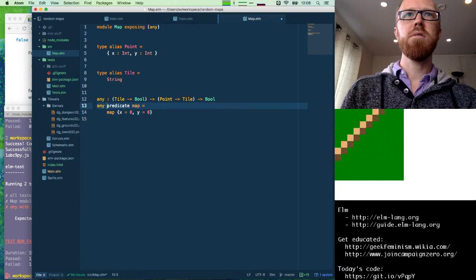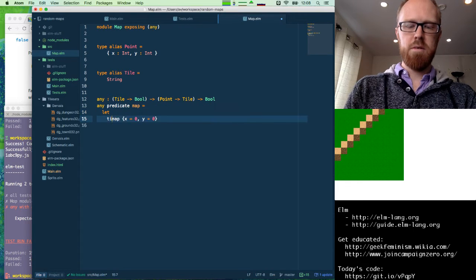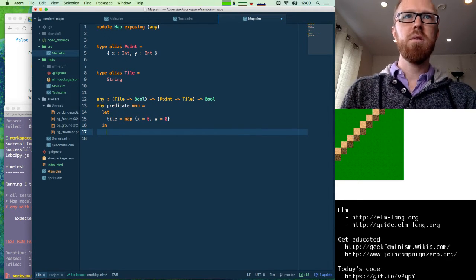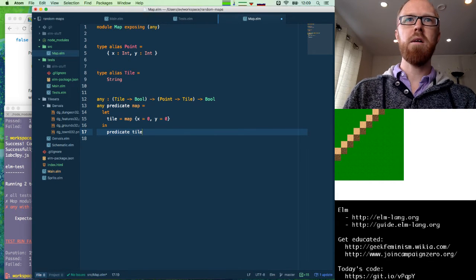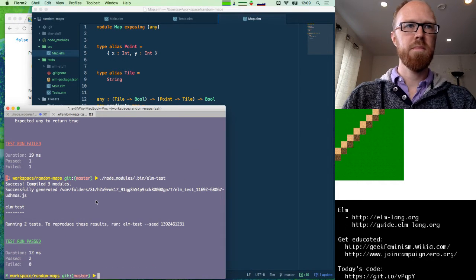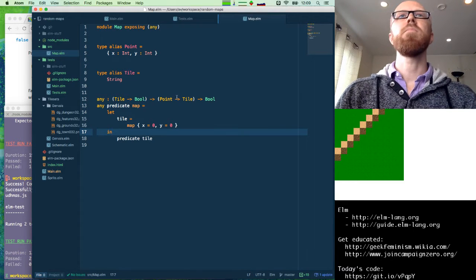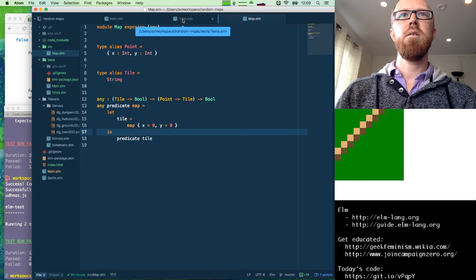So this will give us the tile. Let's do this in a let. And then we're just going to return calling the predicate with the tile. Okay, that looks like the simplest thing that'll work. Cool. So that passed. We are not done yet, because I can imagine another